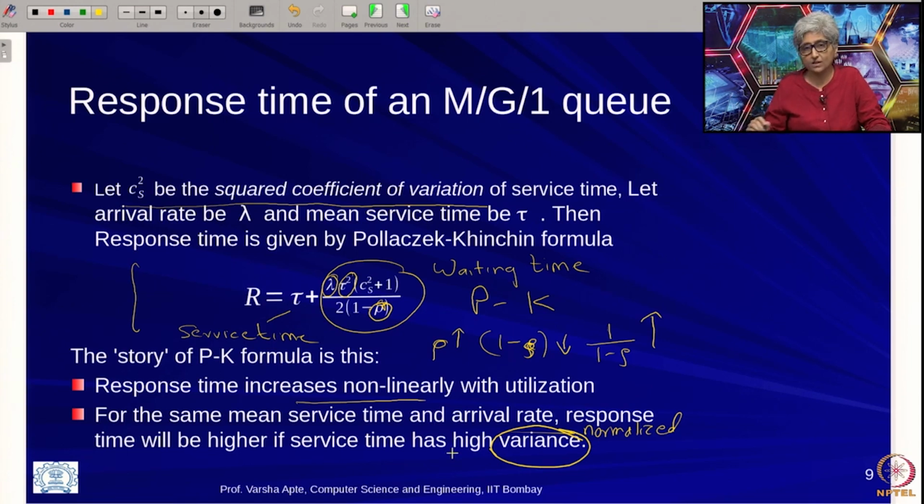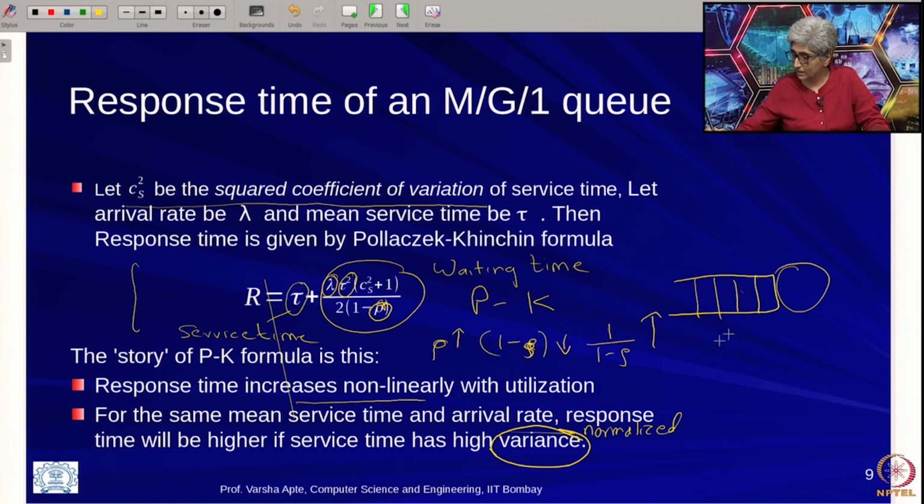So, this is a very interesting point, you should think about why it is the case that even if the mean service time is the same and the arrival rate is the same, just if the variance of service time is different, then the response time is higher. And this is because if you think about a queue, okay, the waiting time, especially the response time, of course, has this fixed service time, the average of which is the same. The waiting time increases for a customer, let us say here, let us say tau, for example, is 10 milliseconds.